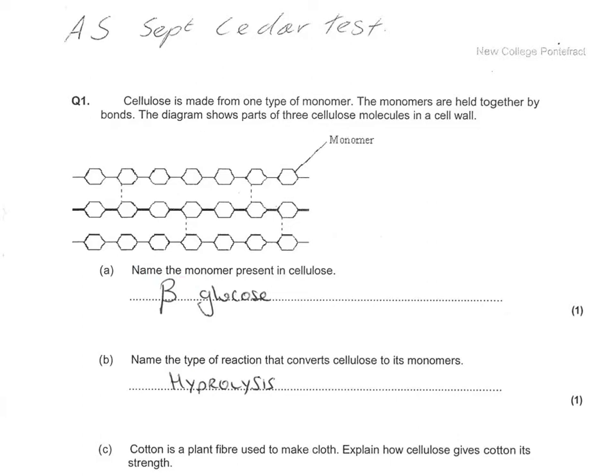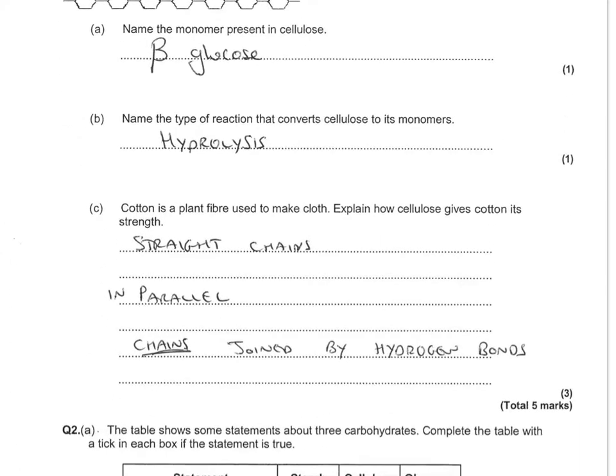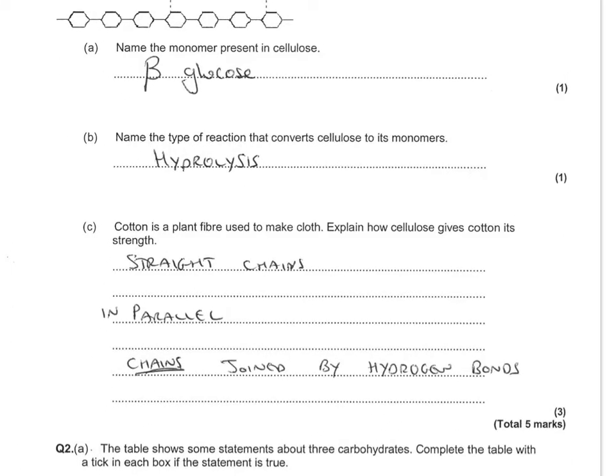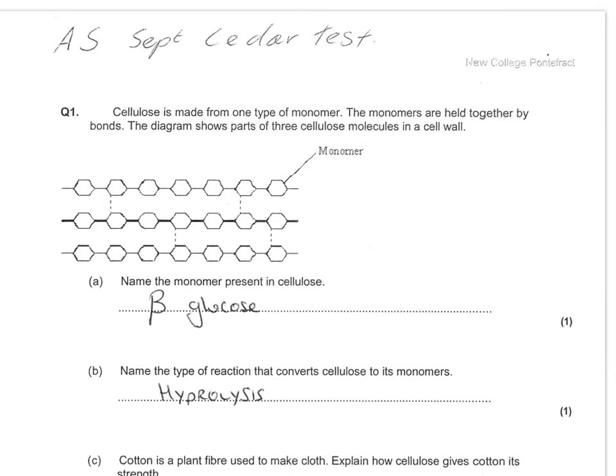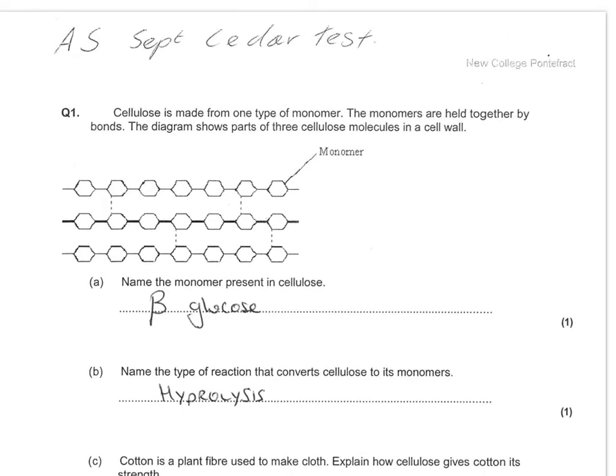Question A and B, straightforward, knowledge. If we go down to question C, knowledge as well, but there are a few mistakes people made with this. The main ones being mistaking where the hydrogen bonds are. I'm not saying straight chains, you might say long chains, but the key bit is that the chains are straight and unbranched. So if we scroll up to the molecule to show you why those marks appear like that,